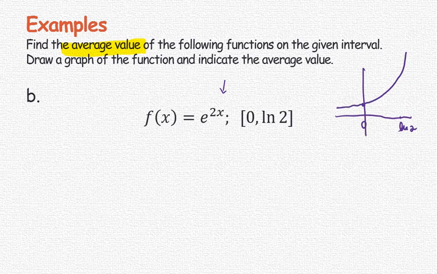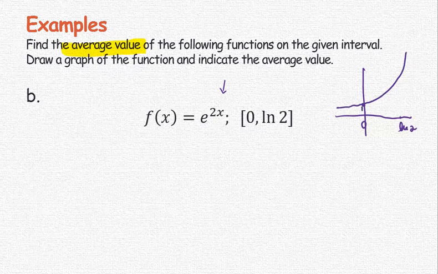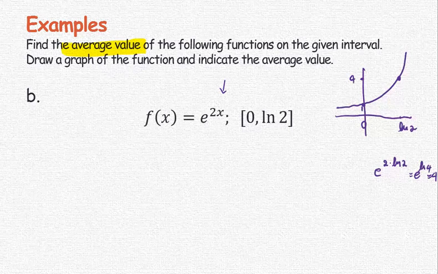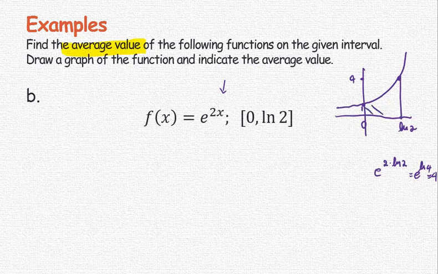At 0, the function value is 1. And at natural log 2, let's see, e to the 2 times natural log of 2 is e to the natural log 2 squared, which is 4. Get the value here, 4. And based on this net area, we can use it to find the average function height or the function value. The f bar is going to be somewhere between 1 and 4. Okay. Now to work on this one,